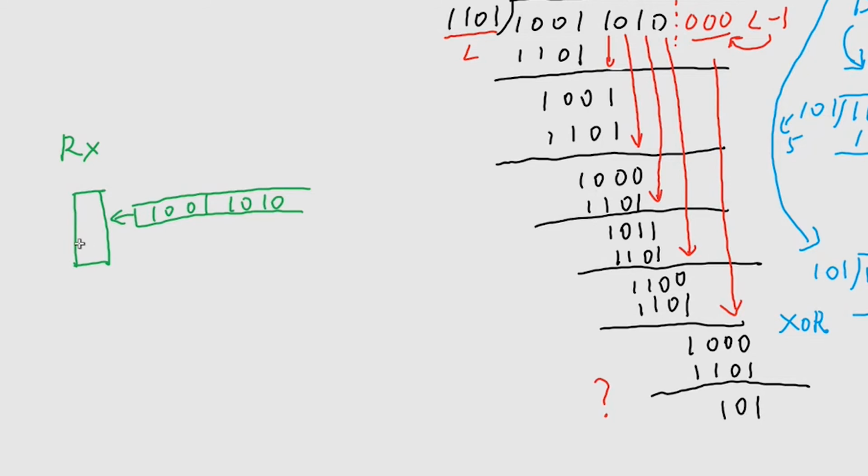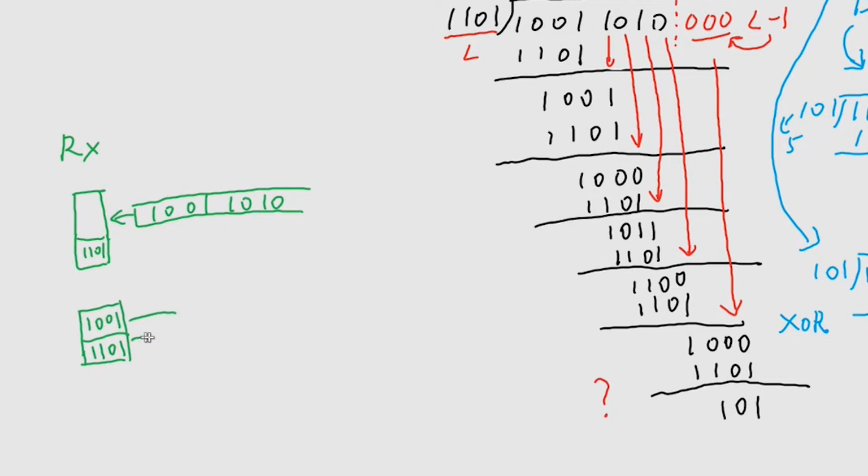So here your message is 1001, 1010. Suppose the receiver already chose the generator, which is 1101. So whenever there's 4 bits came into the receiver, it will start the CRC calculation,